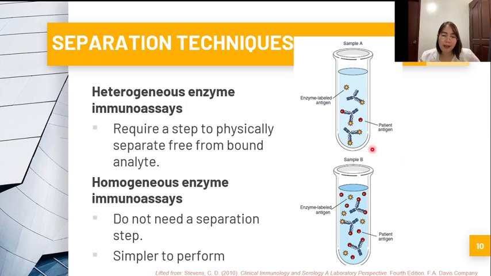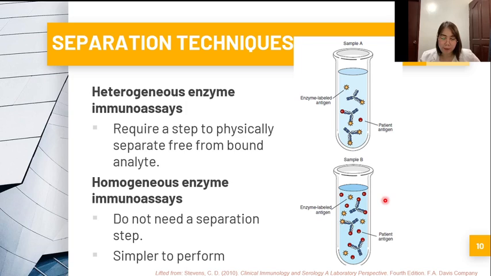Okay, and when patient antigen is present, the enzyme label on the reagent antigen is not blocked, so color development will be observed. Okay, so as I said, this is an example of a competitive immunoassay. While sample A has a low concentration of patient antigen, sample B has more patient antigen and a stronger color development if the enzyme used is enzyme. So, the more label detected, the lesser the patient antigen. So, when the color development is stronger, it means that the concentration of patient antigen is low,